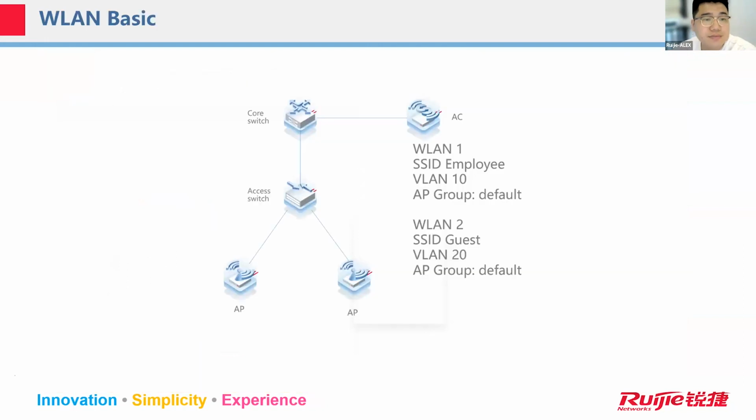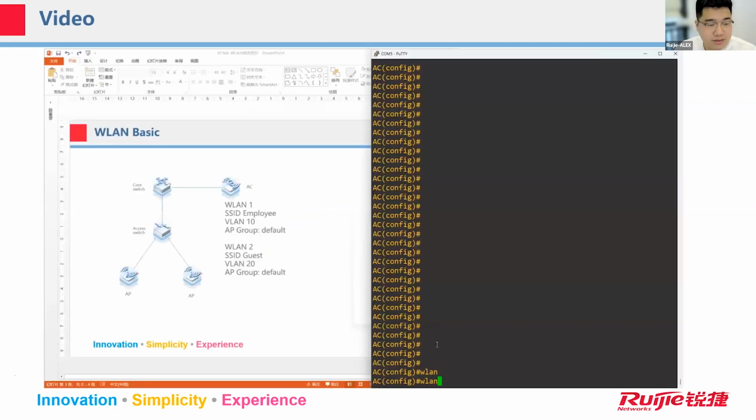Then let's go. Next is the basic configuration of WLAN. Basic configuration of WLAN means we should create the WLAN, set the SSID, and bind the SSID with a specific VLAN. For example, the SSID employee is bound with VLAN 10, guest is bound with VLAN 20, and for the AP group we just use the default AP group. Let's see the configuration. It's quite